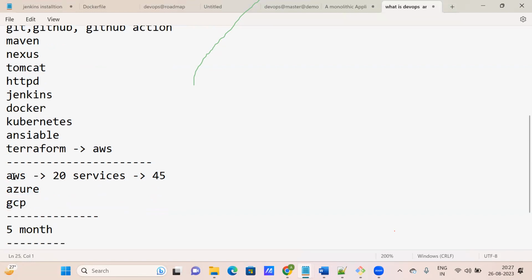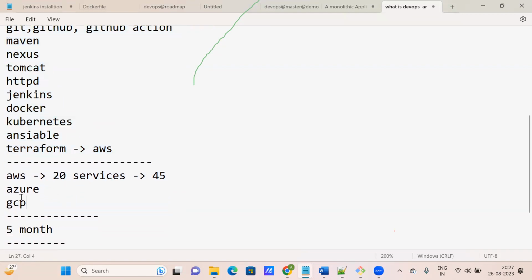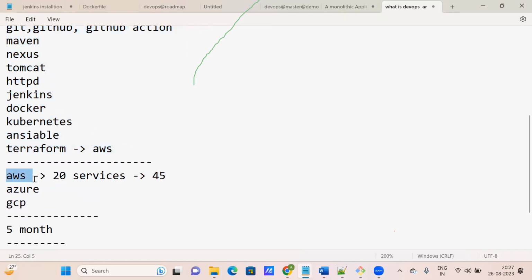They have their specific CI/CD, but these tools are common for all. If you take these tools along with AWS and go for interviews, they will place you in Azure also and give the training, because you already know everything here. If you know AWS, Azure is very easy, GCP is very easy. I'll give a comparison of which service here is equal to which service there.